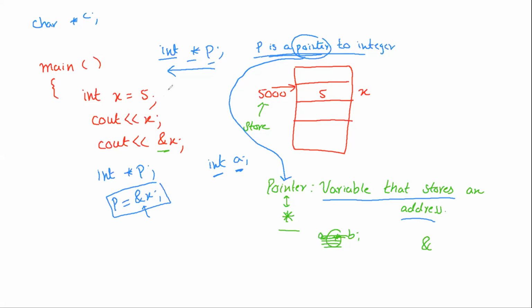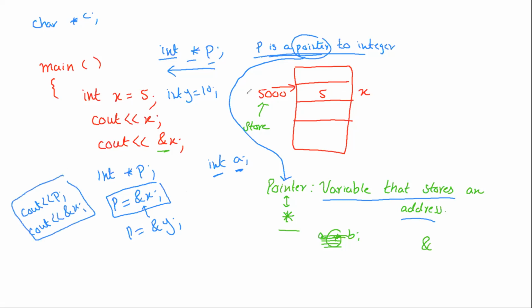If I have another variable, say suppose I have another variable y which is 10, then I can also do it like this. This is also a legal statement. I can store address of y in p as well. But if y was a character or a float, then this would not be allowed. Why? Because in p I can only store address of an integer. Now it means that if you write this thing or you write this thing, both of these statements are actually giving you the same thing, which is address of x, which is this value 5000 in our example, right?